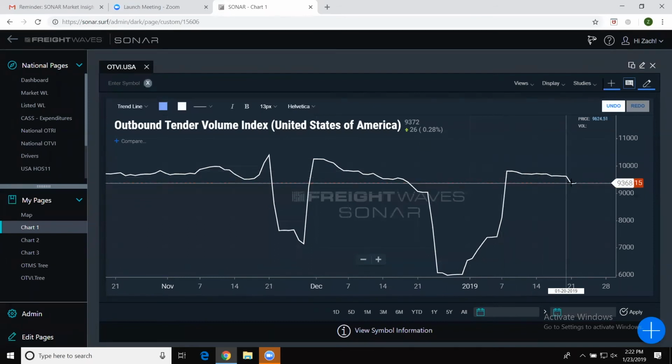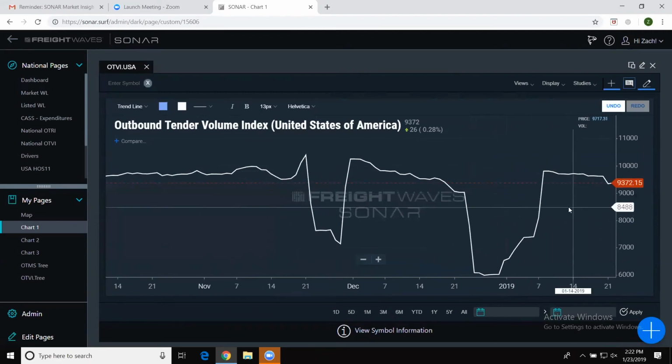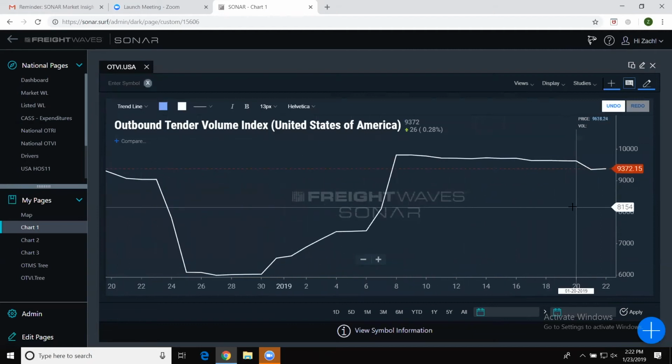But I think cyclically things do kind of slow down after we get that initial rush. I think if you zoomed in after the 8th, that's when it kind of started to trend down. Yeah, we had one big drop day. It dropped about 2.9% in a single day. For carriers and shippers out there, I think the value of this is that shippers can certainly know that capacity is probably going to continue to be pretty plentiful for the next little bit of time. We are in that kind of winter doldrum period. The 3rd week of January is not like the hotbed of freight, although last year it was a pretty big